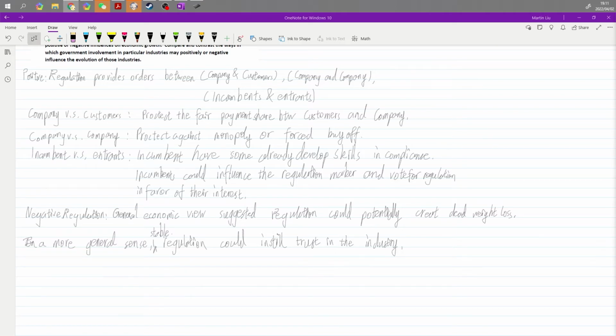When regulation is stable, that means the market is running smoothly on its own, and people will have more faith in buying products, in investing in the market, in entering the market. But when regulation is not quite stable, or regulation is not covering all fields,